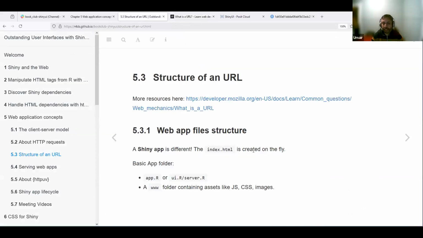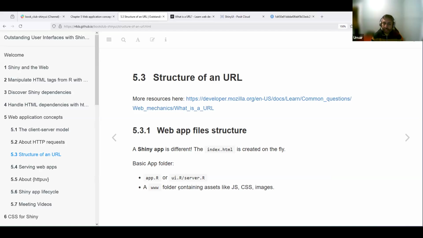In all other frameworks that at least I know of, they use index.html as the main web page. And that, for example, also applies to Quarto-based websites and blogs. So for Quarto, we also create index.qmd, and then it is converted to index.html. In Shiny, index.html is not required by the user, but Shiny creates it on the fly once we launch the